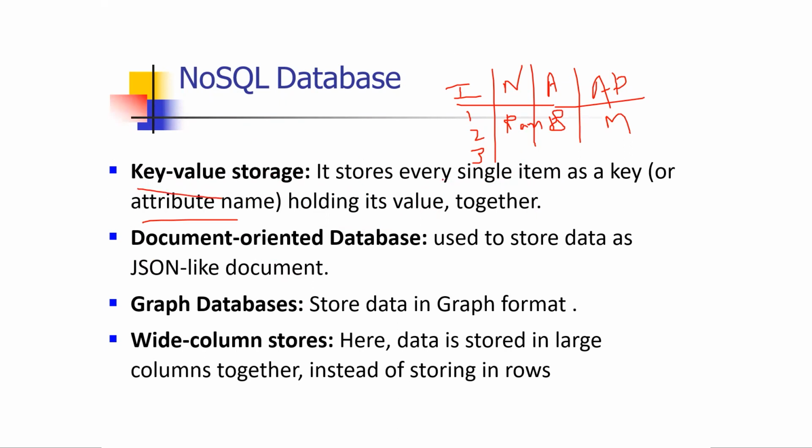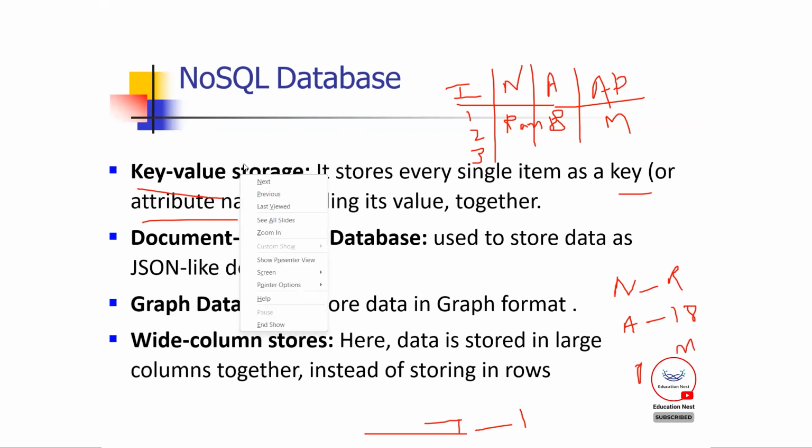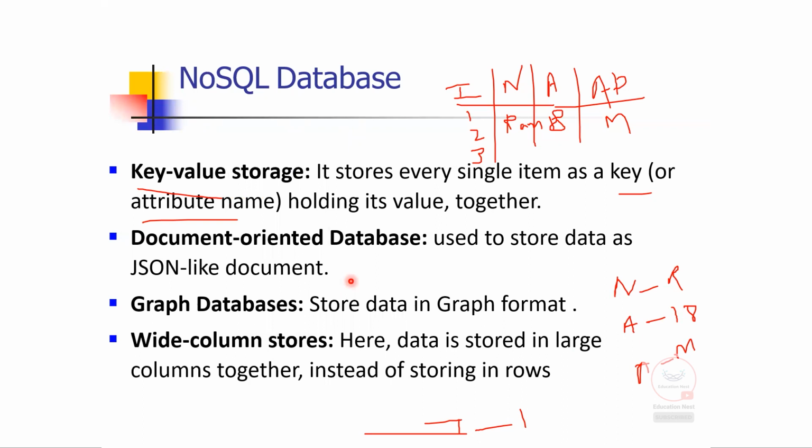It means it stores every single item as a key. ID is a key and value is 1. Name is a key and value is Ram. Age is a key, value is 18. Address is a key and value is Mumbai. This is called key value storage. Got it? Next is